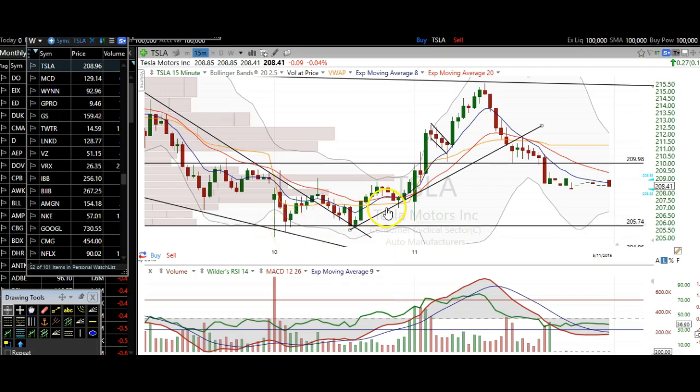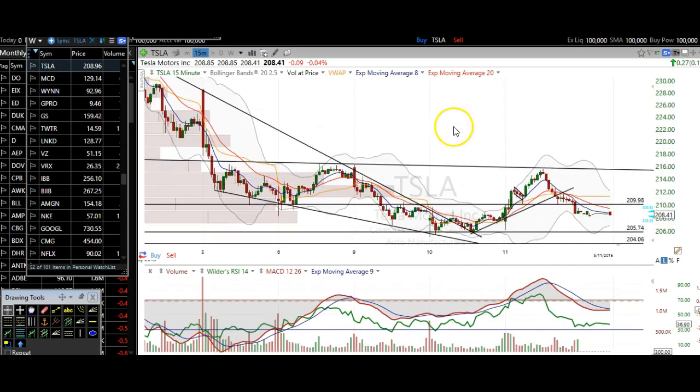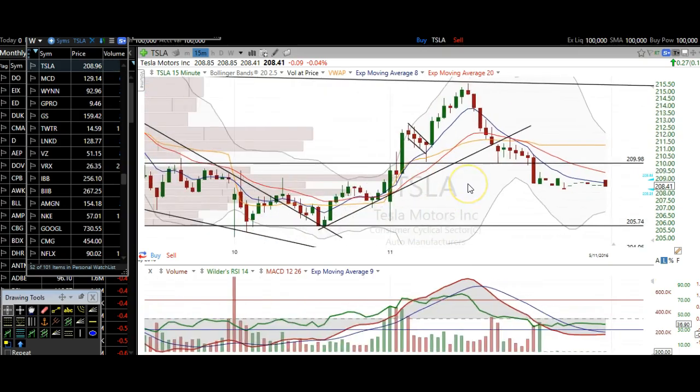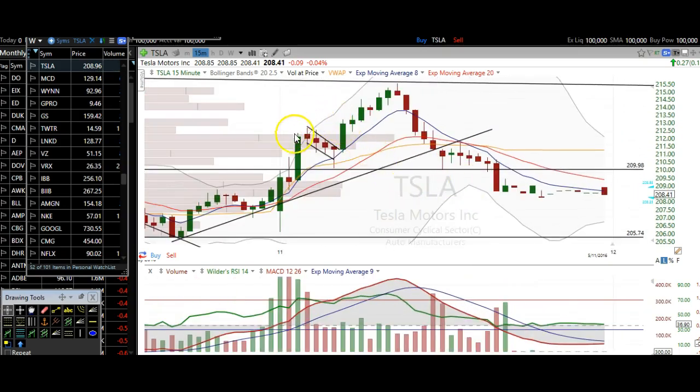Okay, and our target was going to be 215, and 215 because of this resistance from the highs of these candles over here as well. Okay, so 215 was going to be the target, and we trended up here,